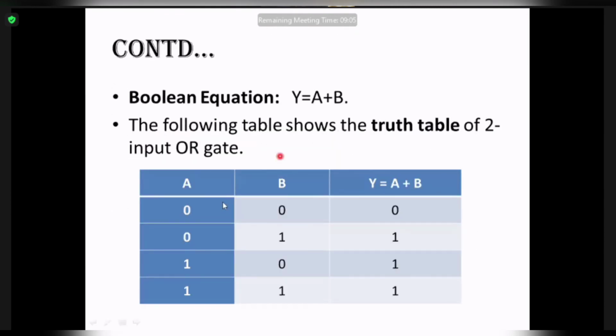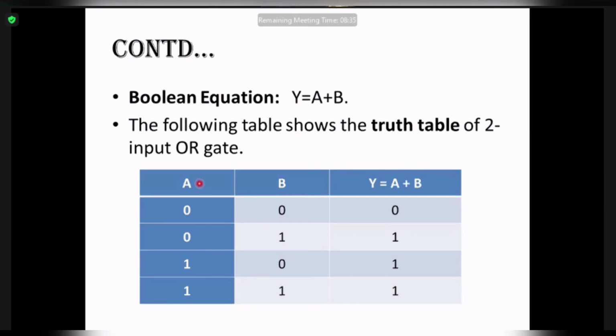Now see, this is one truth table. We will discuss this truth table in detail when we discuss the logical OR gate, right? But if I want to make you understand the number of possible input combinations, how will I explain it to you? My digital circuit is a digital device, so it is following the binary system, correct?